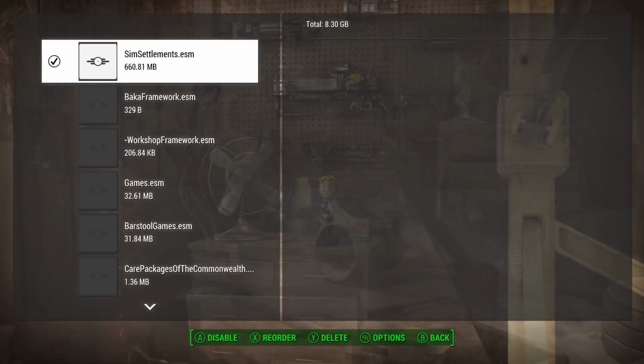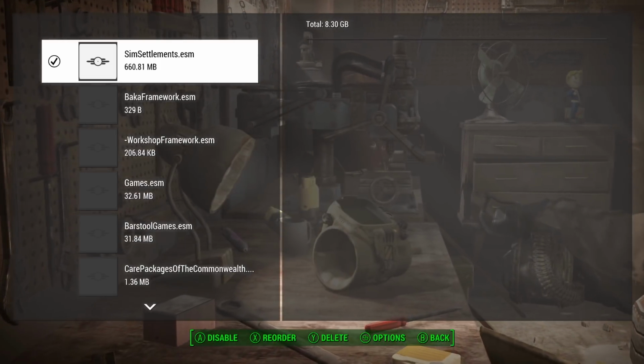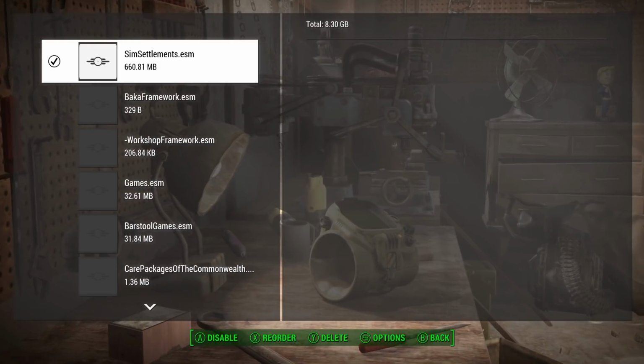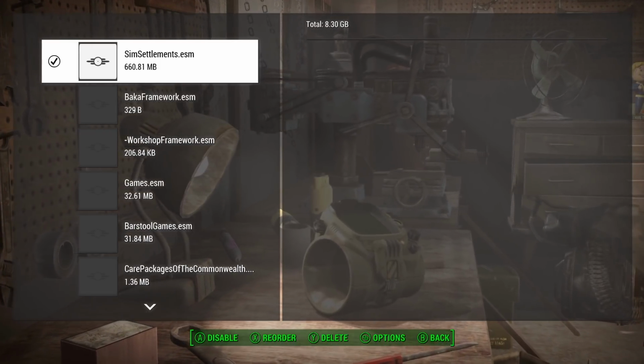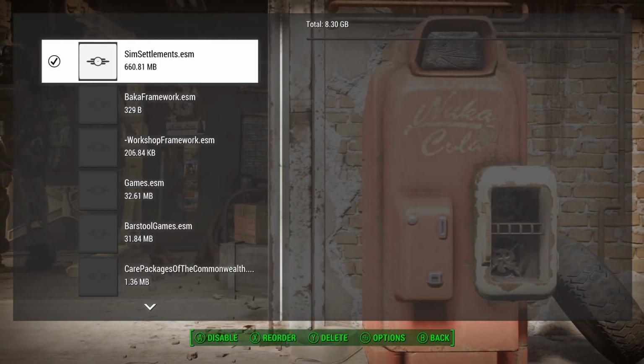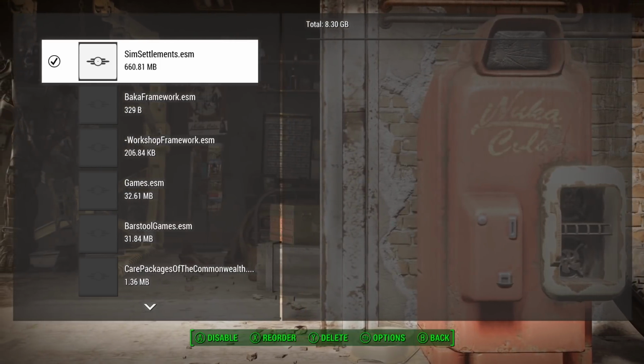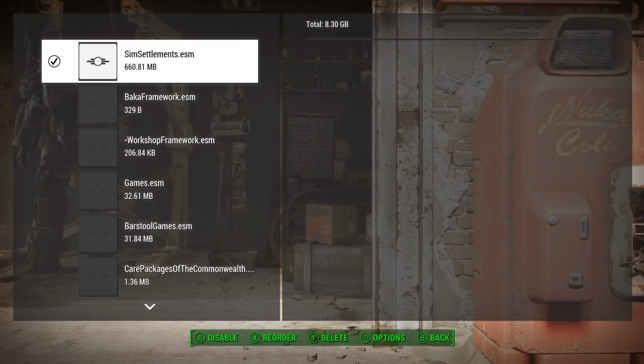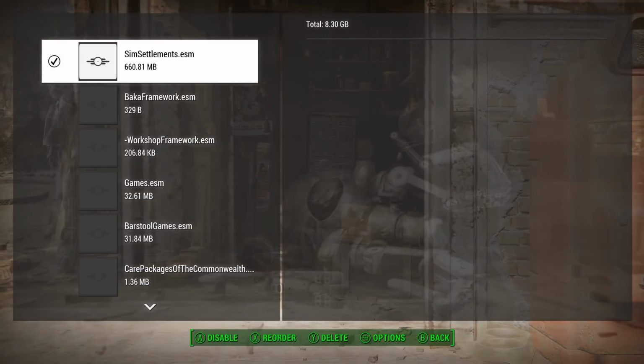The infinite load screen bug, where you can't get past the mod screen or past your save file screen. The mods disabling themselves automatically. That's another common issue. And third, game crashing after you update or install a particular mod. So these are three issues I'm going to try and resolve for you guys.